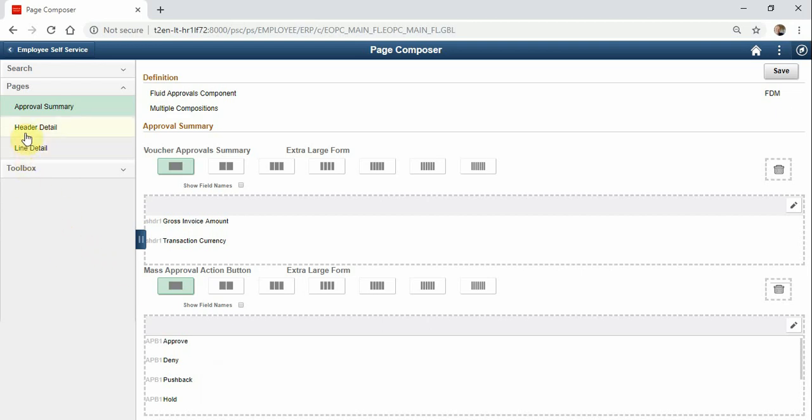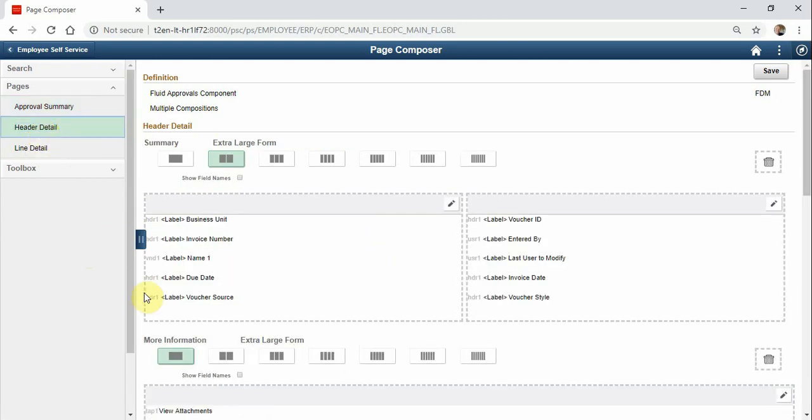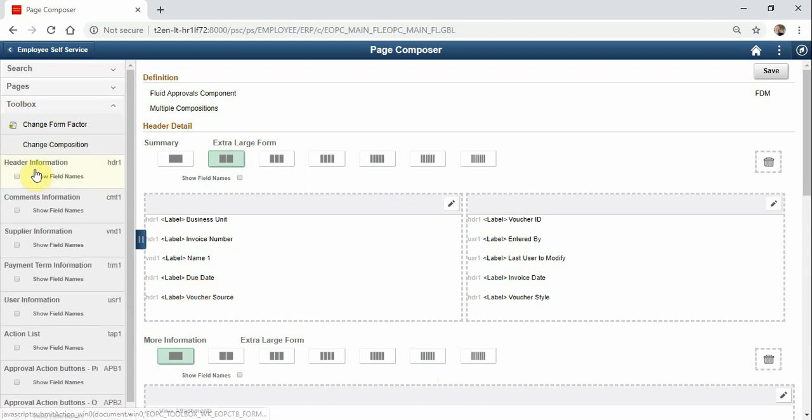And then we're going to go to the header detail. And then here we see the fields that the manager sees on the approval page. And then we're going to open up the toolbox. And then as you can see here, underneath the toolbox, we have